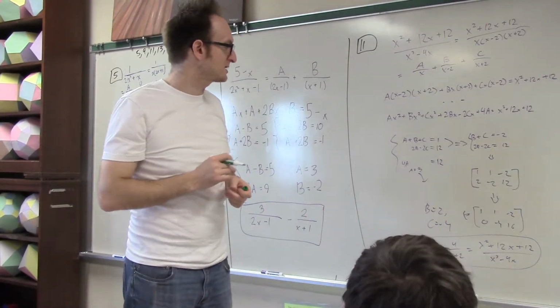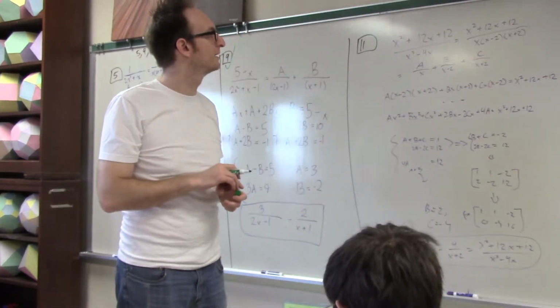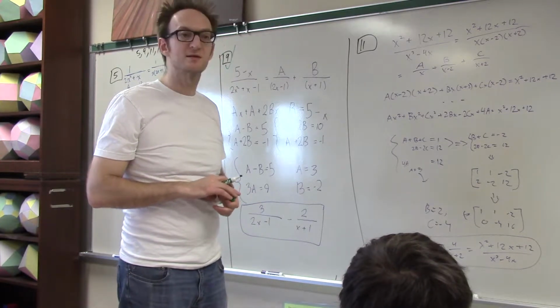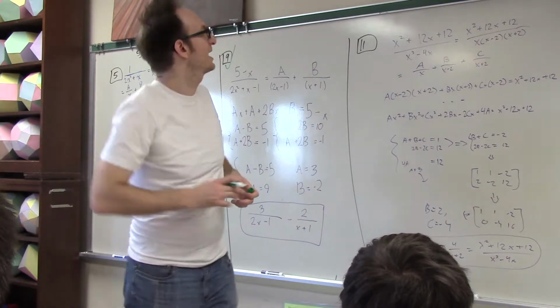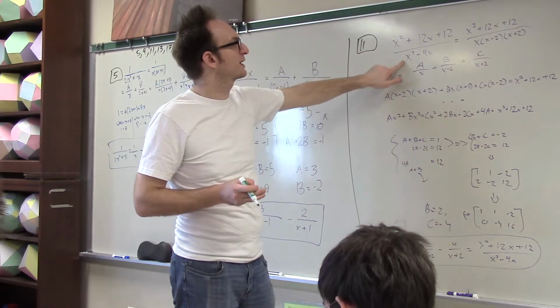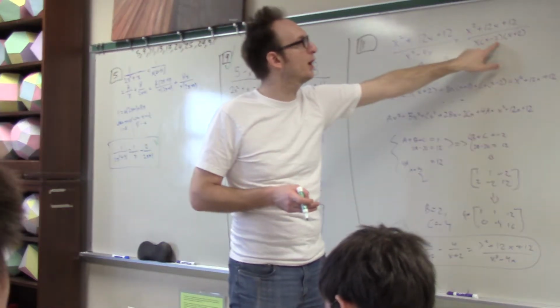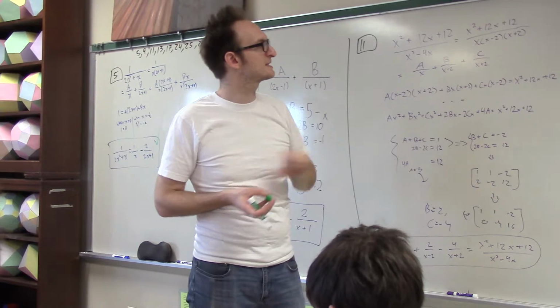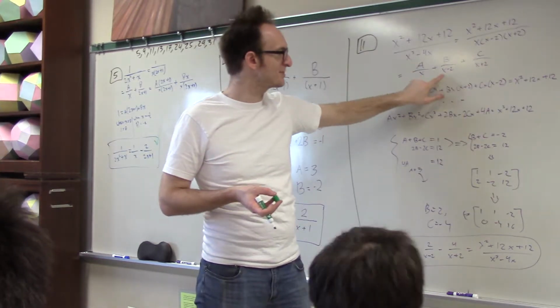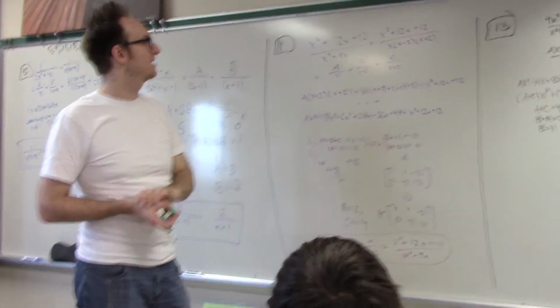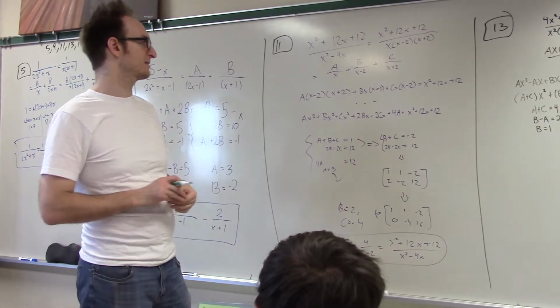11. This person also did it the very, very long way. Okay, good. We have a quadratic over a cubic. We factor the cubic. We factored more. The goal is to split this up into as many pieces as possible, so it's some number of x's plus some number of x minus 2's plus some number of x plus 2's, and then he multiplies through by the LCM, and we get this